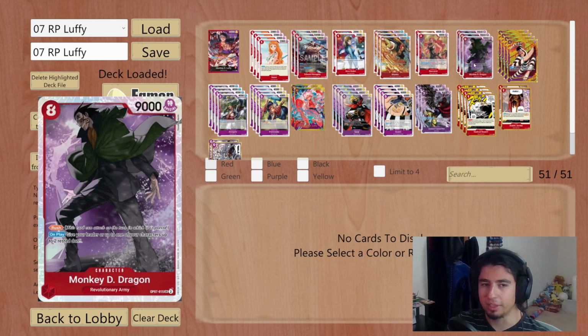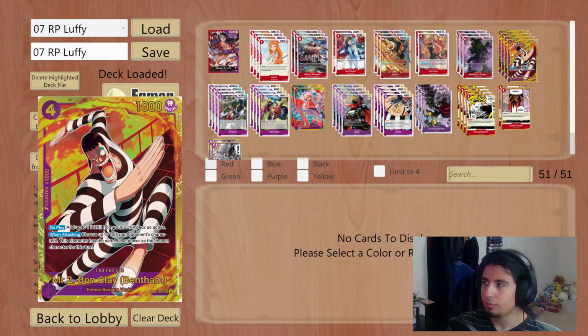Generally, we're not trying to play a long game, being that we're only a 3-life leader, but because we're 6,000 power, we can put a lot of early pressure on our opponent, and now we've got the additional Rush, which has been quite beneficial. We are, of course, still running 4 copies of the Bonney from EB01,